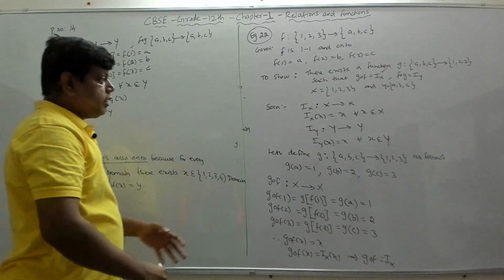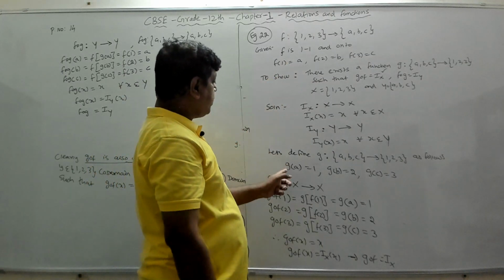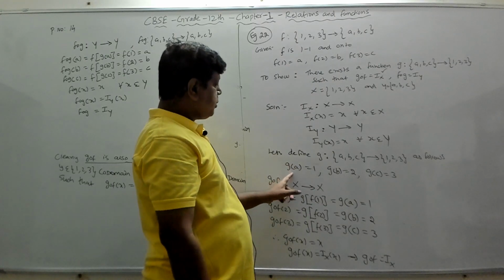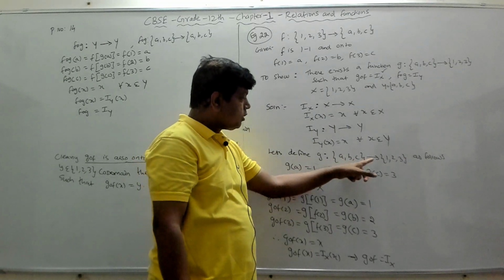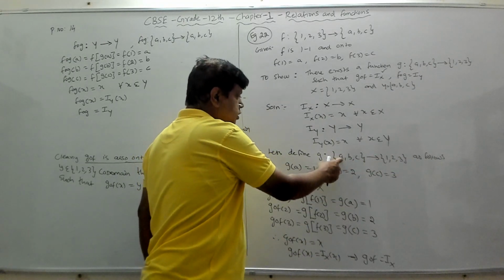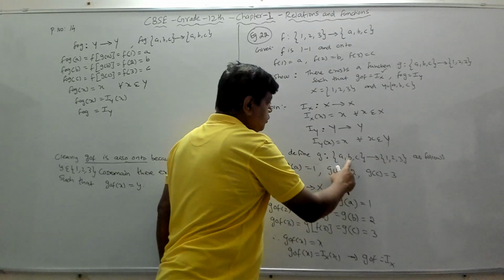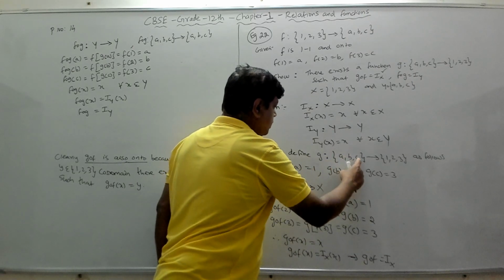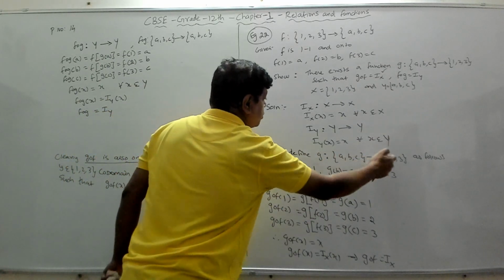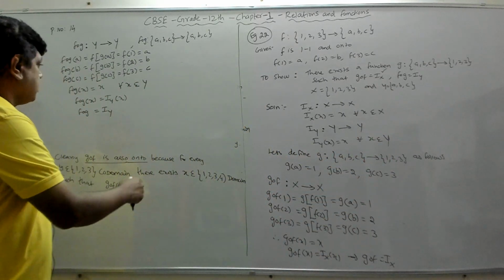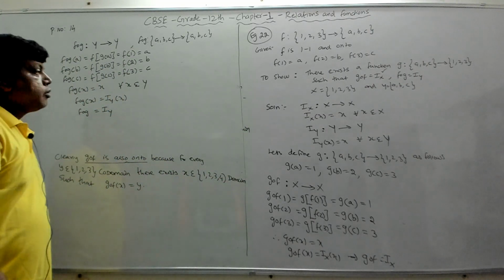Right? By defining a function like this. How did we define this? We just reversed this. We defined g of a as 1. And g has to be defined from ABC, not from 1. We will not find g of 1 because g is a function from ABC to 1, 2, 3. So for every element we have to put this element. So g is operated on a and it is mapped to 1. G is operated on b, so g of b goes to 2. G is operated on c, so g of c is 3. Fine. So every element in this set should have a mapping to the other set. So this completes the proof for example 22.